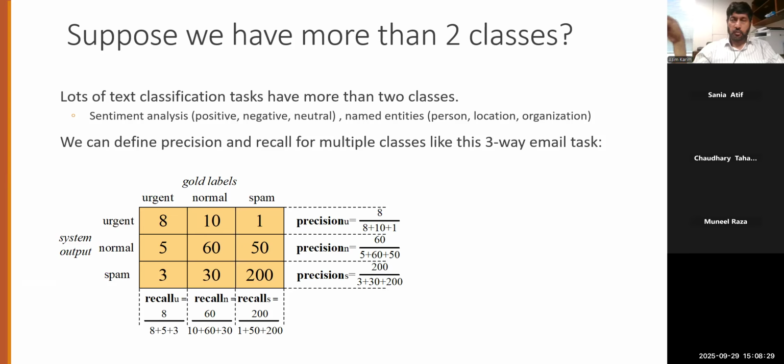ठीक है. इसकी प्रिसीजन होगी 8 डिवाइडेड बाय, लेट से, उसका जो टोटल हमने अर्जेंट निकाला है वो 10+1 है शायद मेरे ख्याल से. सो 8/, आपके पास 10+1 वुड बी 11+19, 8/19. वो प्रिसीजन हो जाएगा. तो हर एक का आपने सेपरेटली प्रिसीजन रिकॉल निकालना है और फिर आपने एवरेज ले लेना है, या सेपरेट भी आप एनालाइज कर लें और एवरेज भी ले लें. सो दिस इज द बेस्ट अप्रोच.